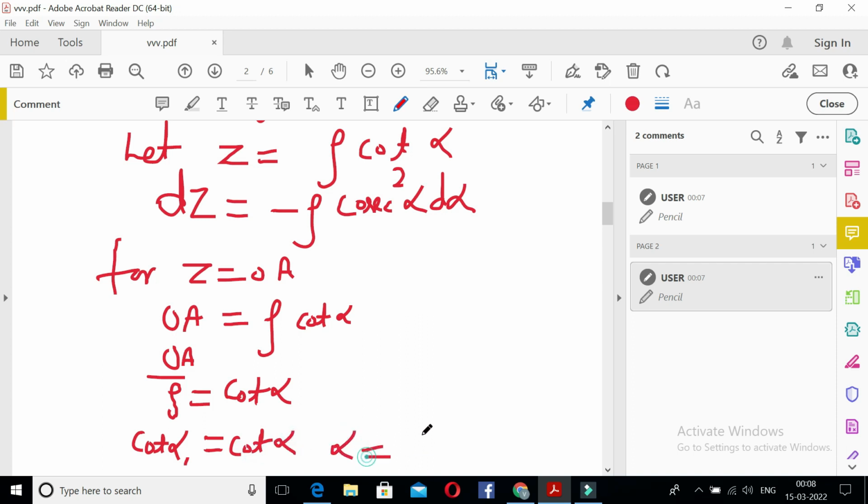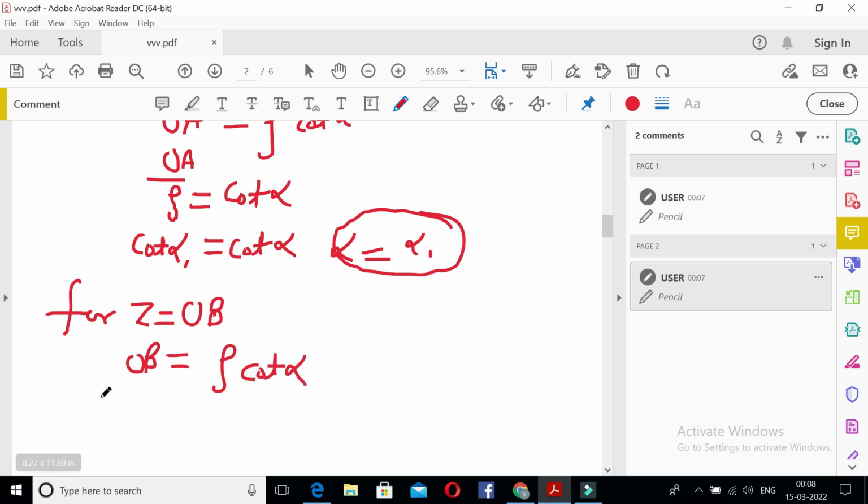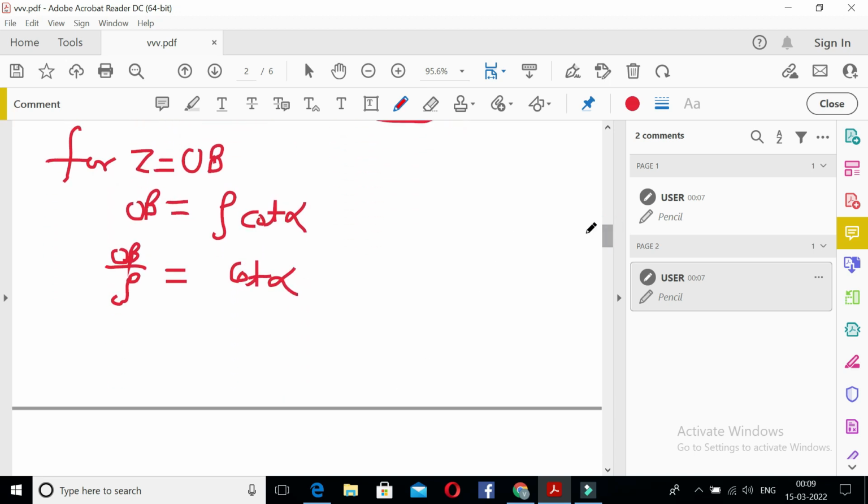So alpha is equal to alpha 1 for the lower limit. For the upper limit, z is equal to OB. OB upon rho is equal to cot alpha, which is nothing but cot alpha 2, so alpha is equal to alpha 2 for the upper limit. Now changing limits,